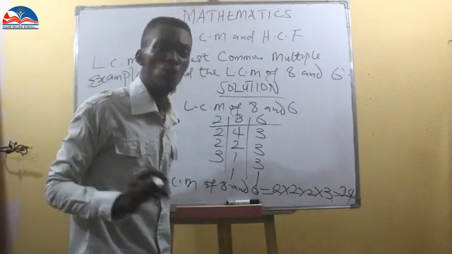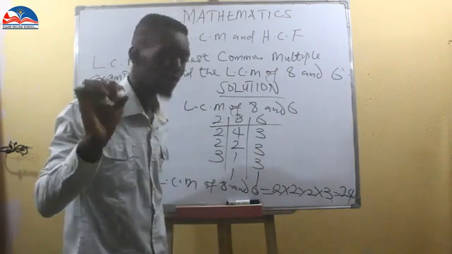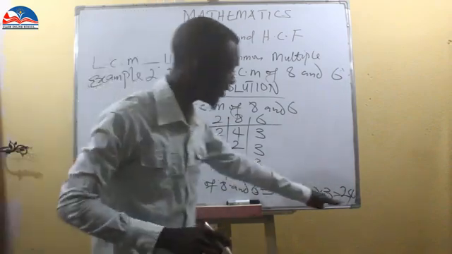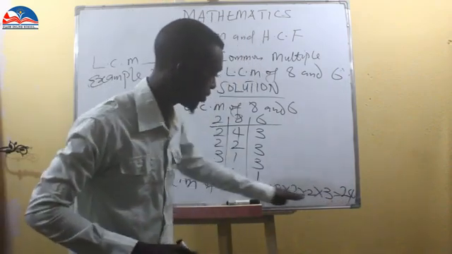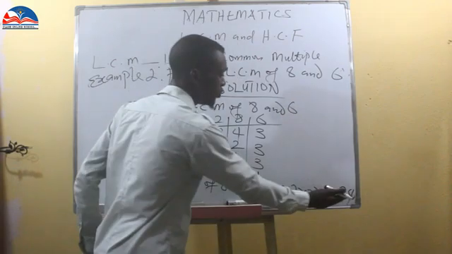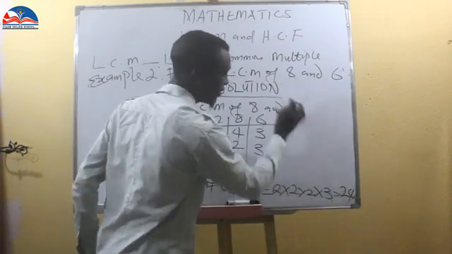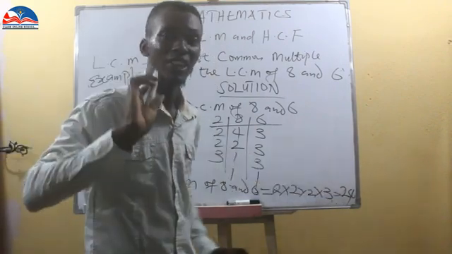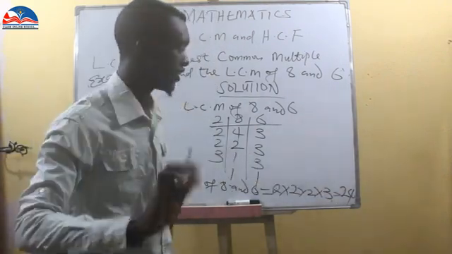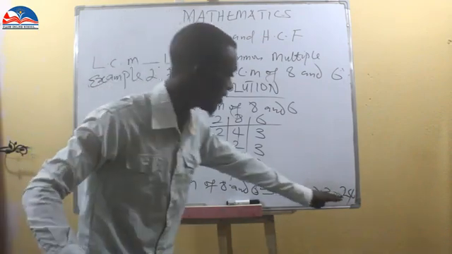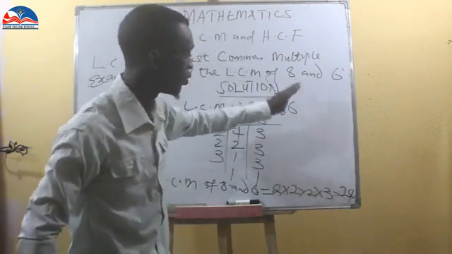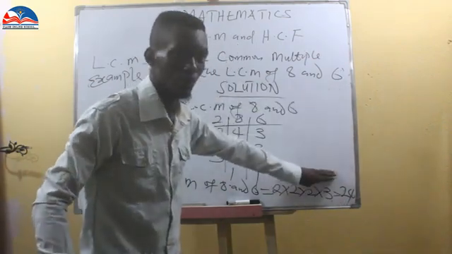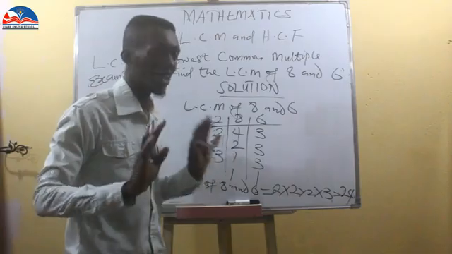So, when you obtain the answer of your LCM from the products, you see that if each of the numbers does not divide your answer, if it is not divisible, then it is not correct. What do I mean? 24 divided by 8 gives us 3. 24 divided by 6 gives us 4. Okay, that is what is meant by LCM.